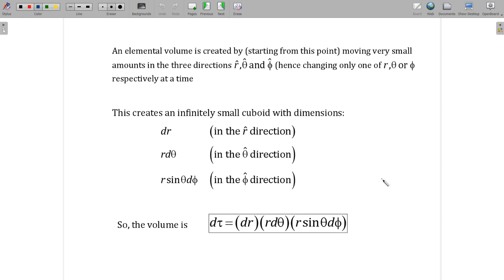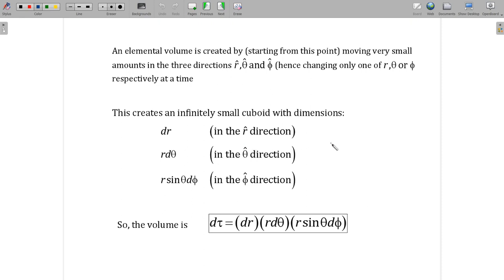It doesn't matter in which order you move the small distances, whether you move in the r direction first or in the phi direction first. In general, when we move a small distance in the r direction, that small distance is dr, and when we move in the theta cap direction,